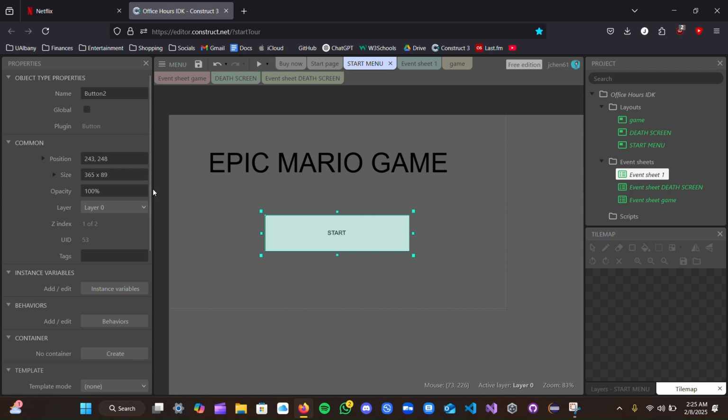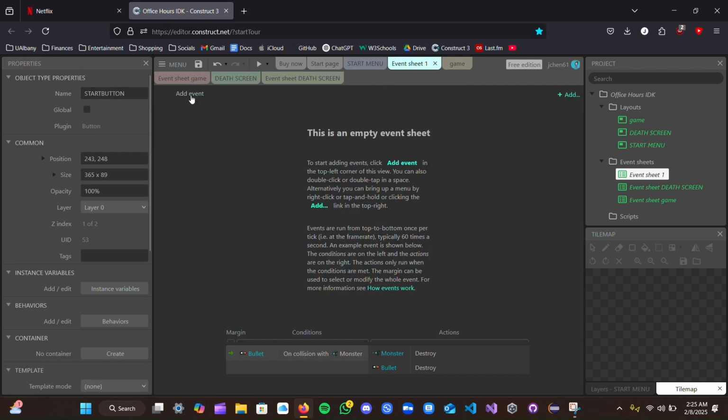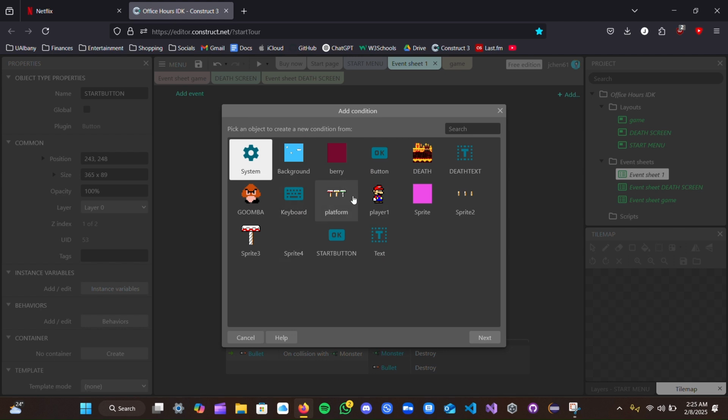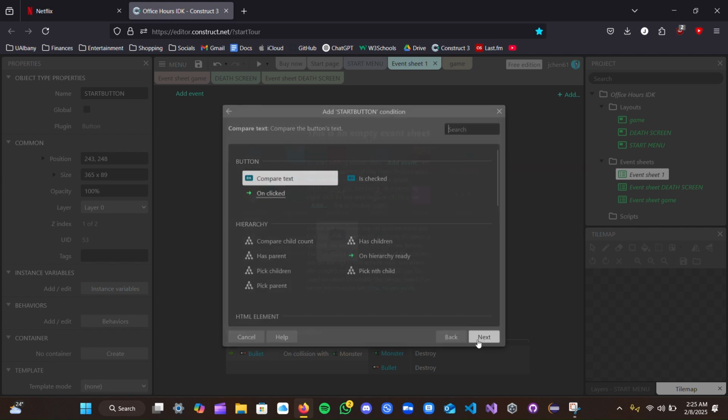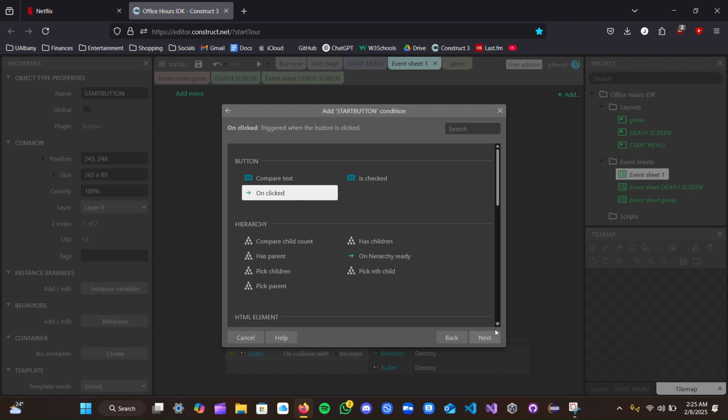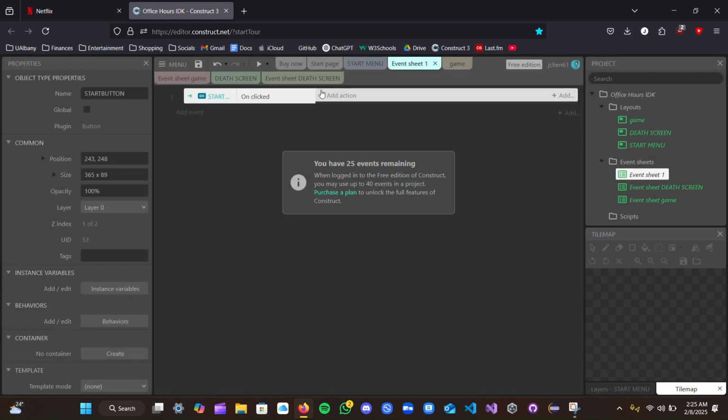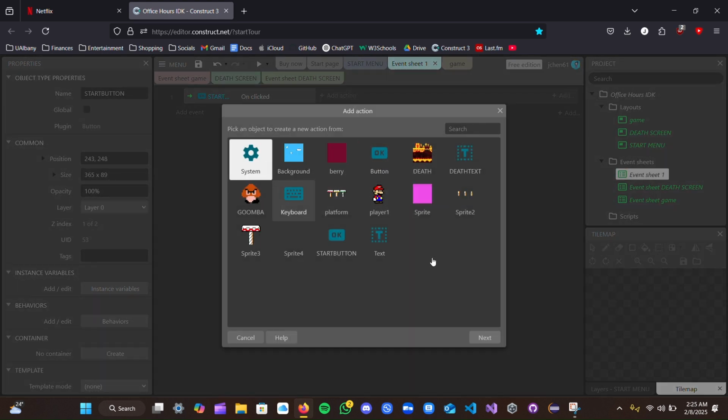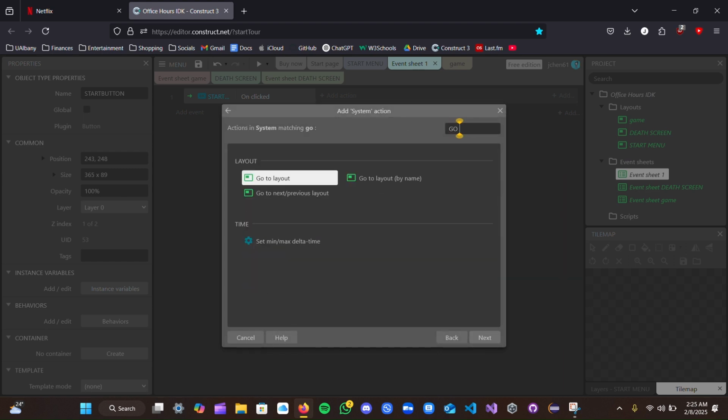This is button 2. Let's rename this start button. So on start button clicked, once you click it, let's say system, go to layout